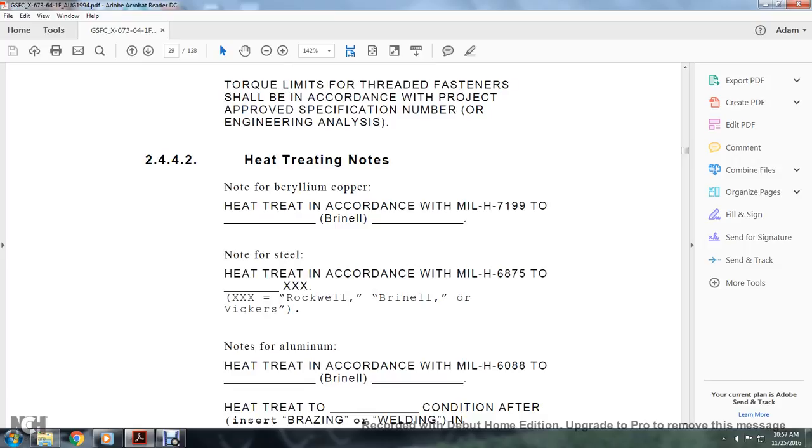2442 heat treating notes. Note that the beryllium copper heat treating in accordance with the military MIL-H-7199, blank Brinell blank. A note for the steel: heat treating in accordance with the military MIL-H-6875 to blank XX.XXX equals Rockwell, Brinell,